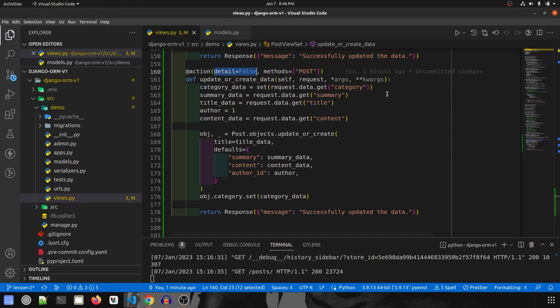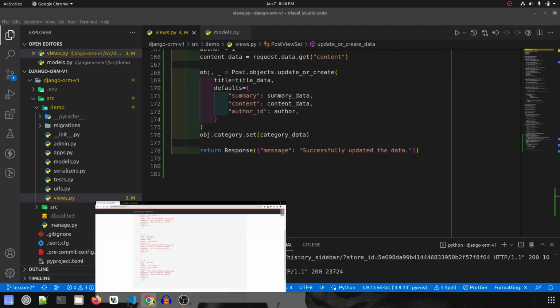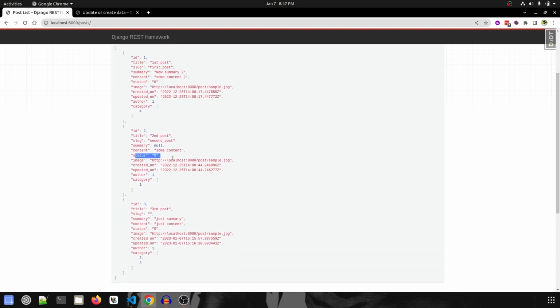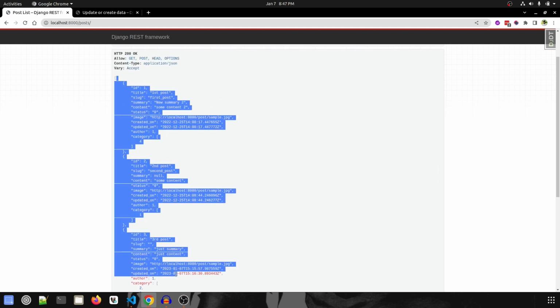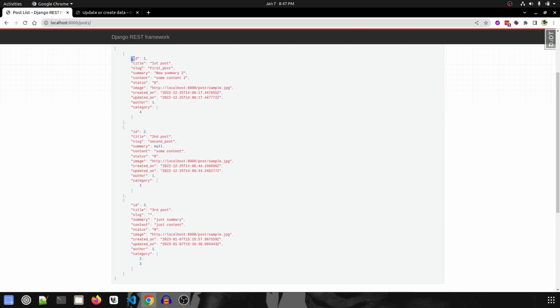So the third and final thing that remains in this video is how to bulk update. If you see, most of the posts have a status of 0, status of 0, status of 0. So I want to update the status of all the objects in one go, or maybe of the objects whose IDs I pass, say 1 and 2. So let's build some code around that.